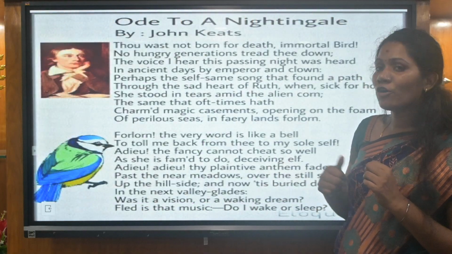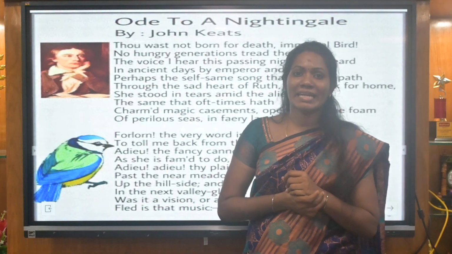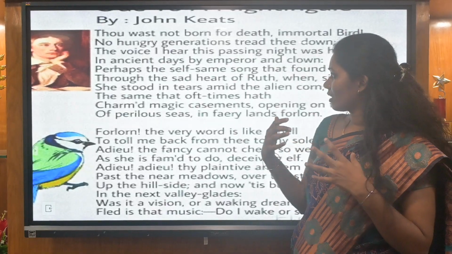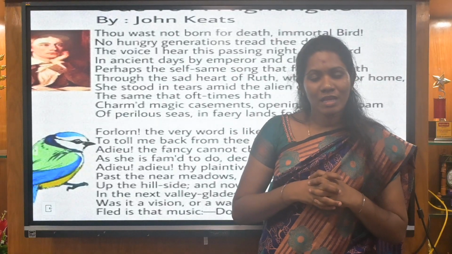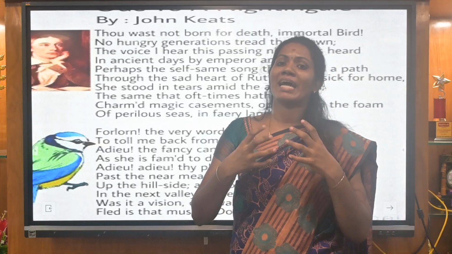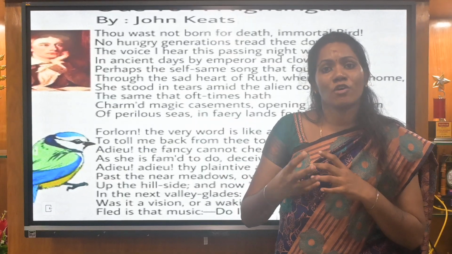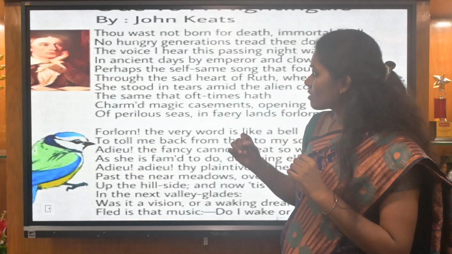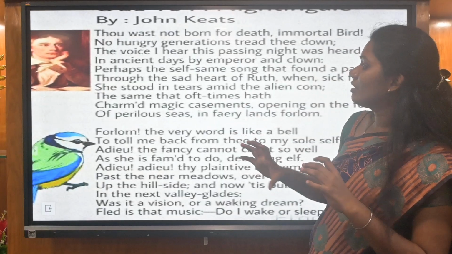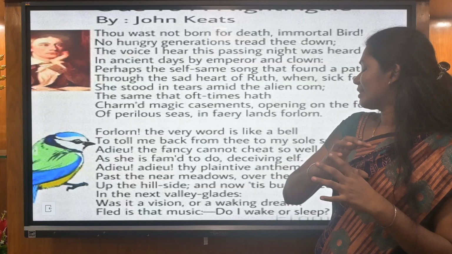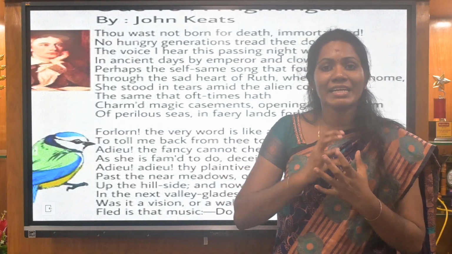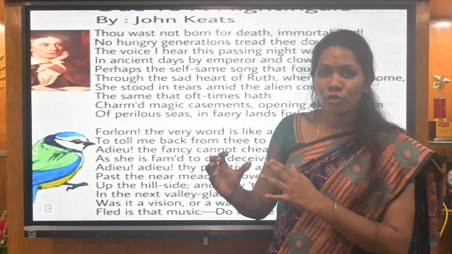Then we are going to see Ode to a Nightingale. Ode to a Nightingale is a beautiful poem by John Keats. In this poem, he explains the beauty of a nightingale as well as the transcendence of reality, the beauty of nature into eternal beauty. In this poem, he explains the theme of the nightingale in a short and beautiful way, and the reality of life as compared to the human.